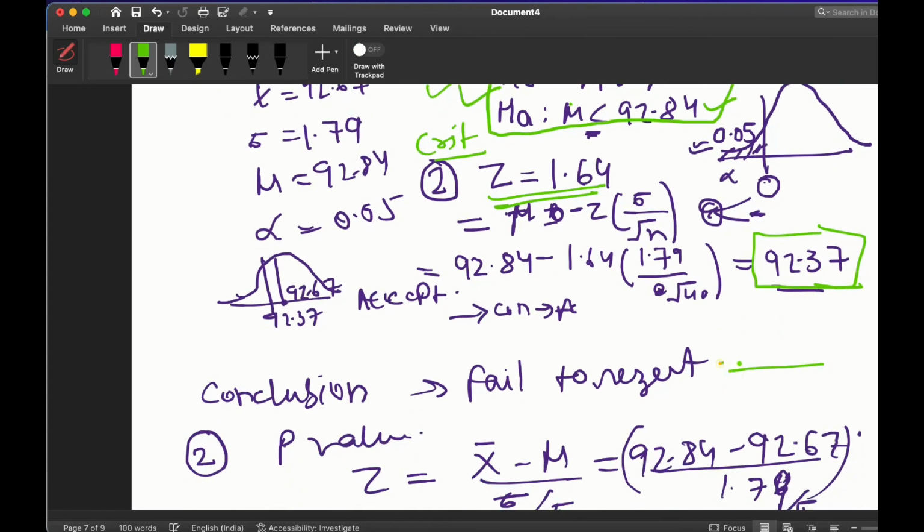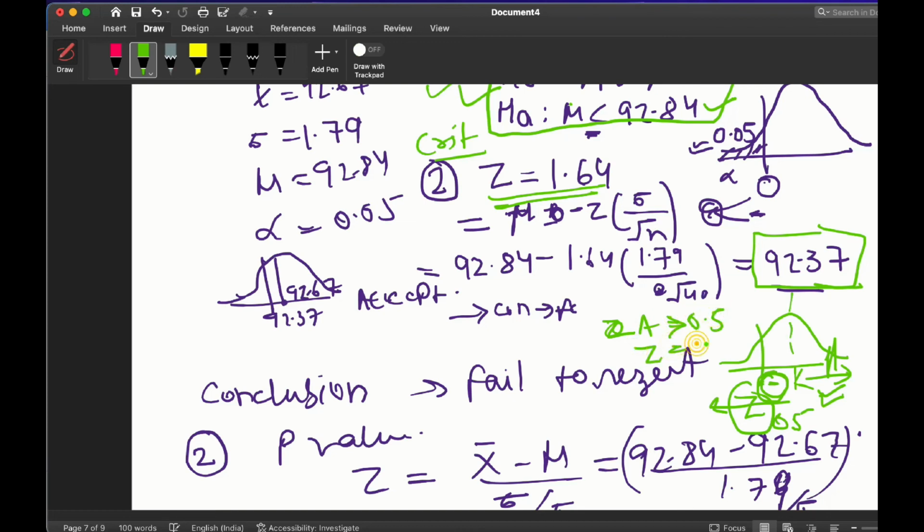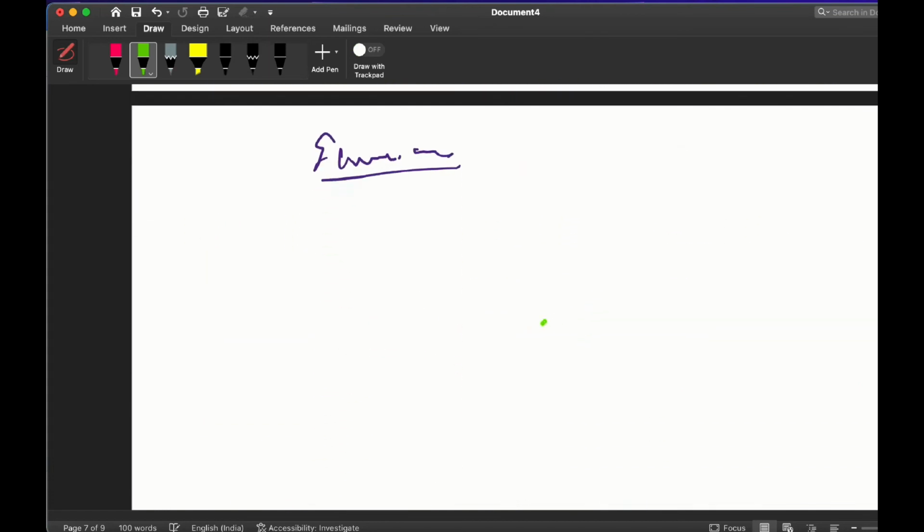Also one more thing, whenever you use this z table, this side will always be negative. This is greater than 0.5 and this is less than 0.5. So this side will always be negative and this side will always be positive. I mean that if the area is greater than 0.5, then the z value, the critical value, will be positive, and if the area is less than 0.5, then the critical value will be negative. So this concept will help you in case you make a mistake in the minus or plus, because you know about this area. Okay, so I will just plot here again.